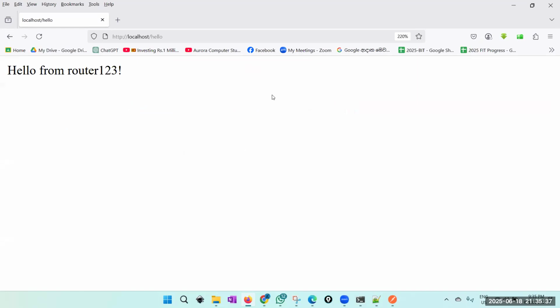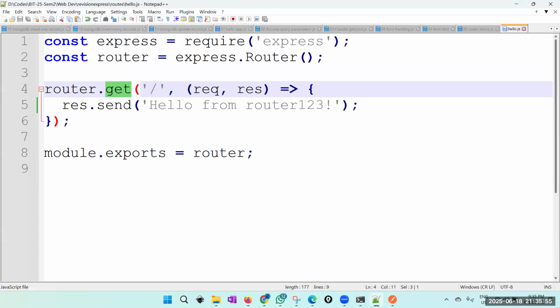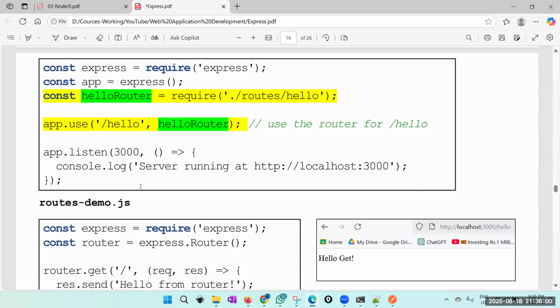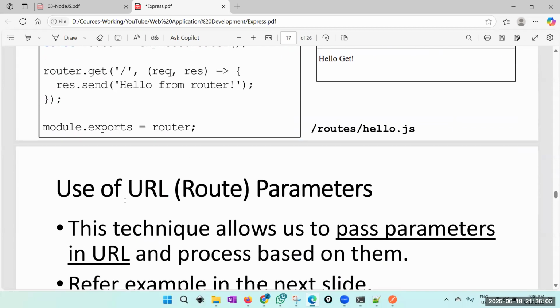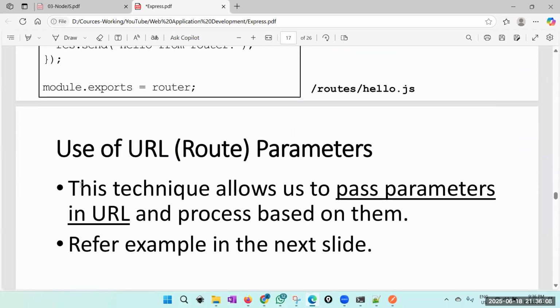Controller. Then database handling is done by model. UI part is handled by view. So view can be used with template engines like that. We will do a small example of view also later. Okay, right. So that is how you break it into different routes. Routes are your controllers in MVC architecture. And not only that, your routes can have